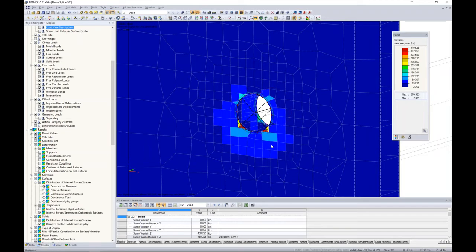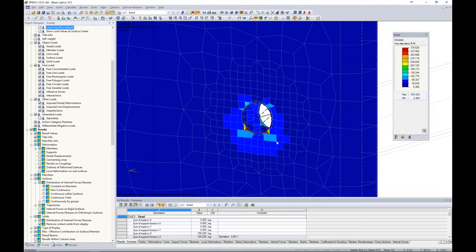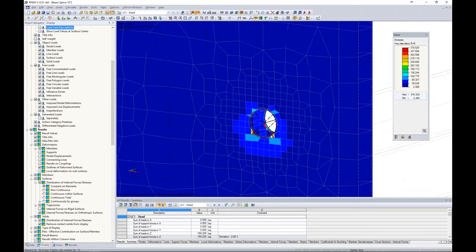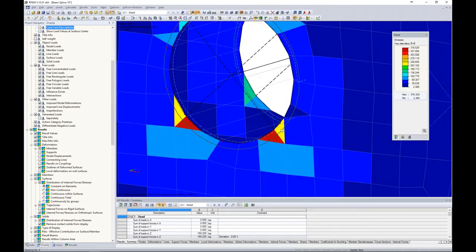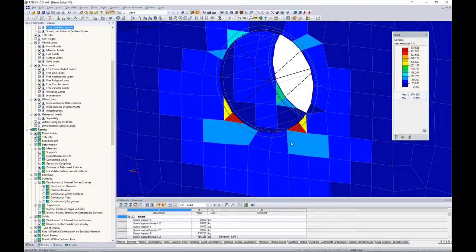What was happening before is the program was trying to use a smoothing algorithm to tie all of these together, and you're going to get maybe less than accurate results in terms of our color panel here. The results are still accurate, but just how it's presented to you is much different than averaging it out over each FE element. We certainly have some very high stresses here, 370 KSI. I would attribute most of these to singularity issues. So again, maybe we would want to add in some more rigid links. There's ways to smooth out these singularity issues. But if we're more so interested in the results without these very, very high stresses at these single FE elements,